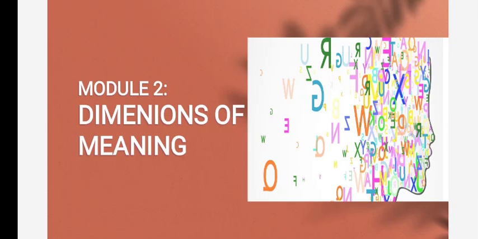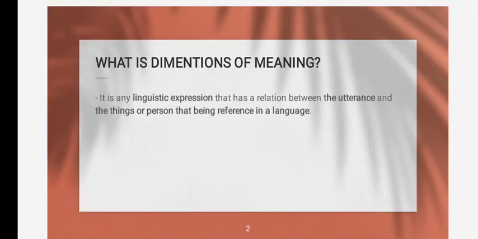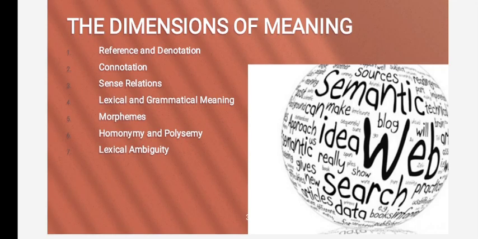Dimension of Meaning, Module 2. What is dimensions of meaning? It is any linguistic expression that has a relation between the utterance and the things or persons being referenced in a language. The dimensions of meaning include reference and denotation, connotation, sense relation, lexical and grammatical meaning, morphemes, homonym,